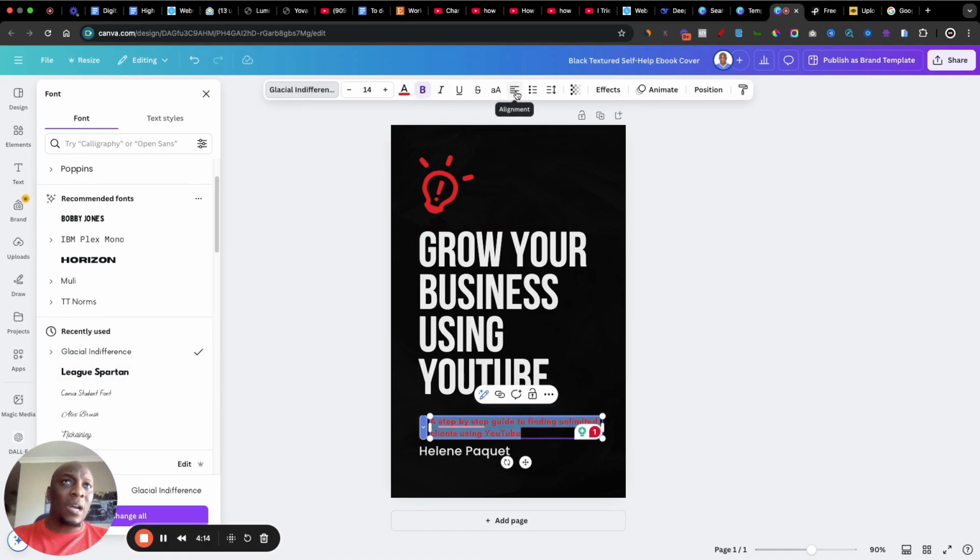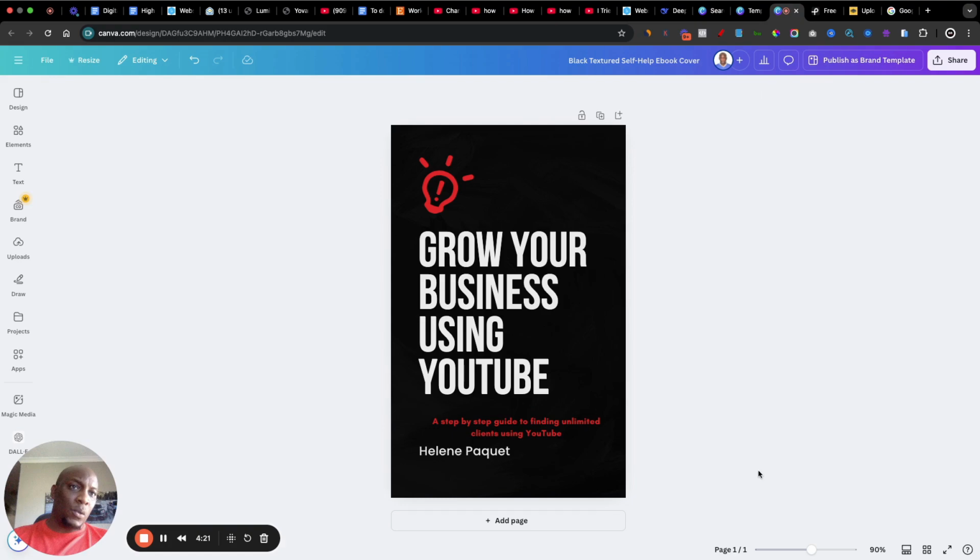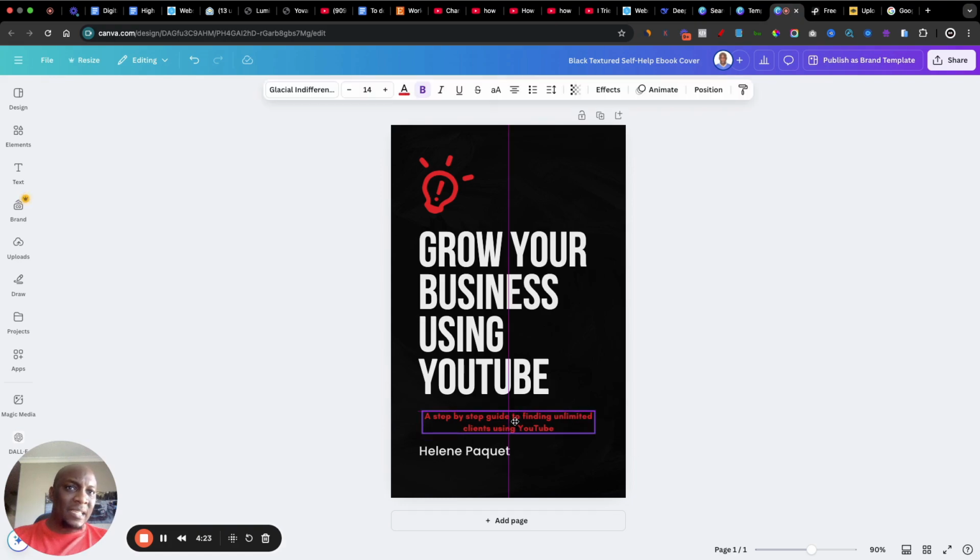And then lastly, I'll come here where it says alignment. And then I'm going to align it to the center like this. Then I'm just going to click out so that you see what it actually looks like without it being highlighted. And then I'll just drag it like this. You see these lines that pop up. I'm going to look for the center one like this so that I actually know that it's actually in the